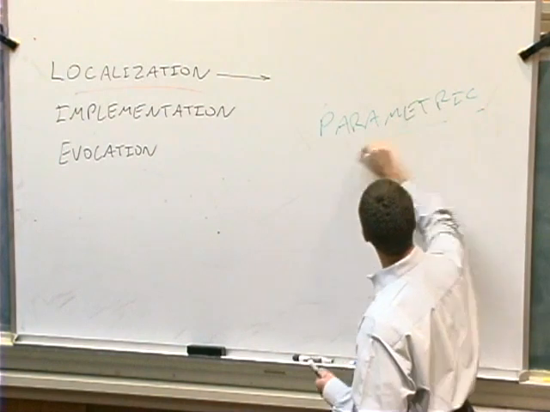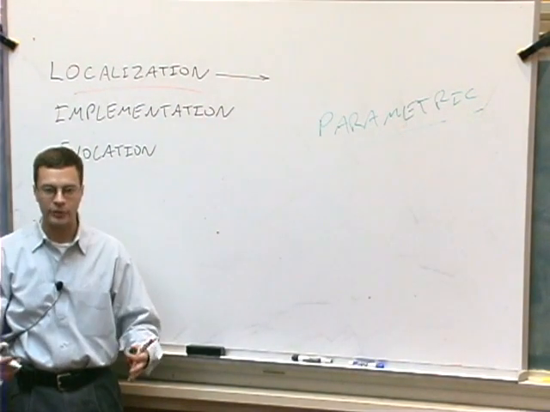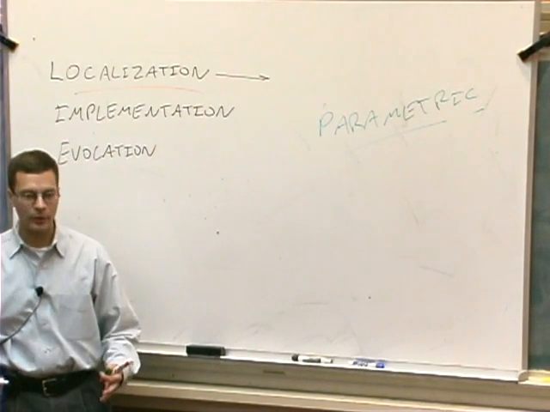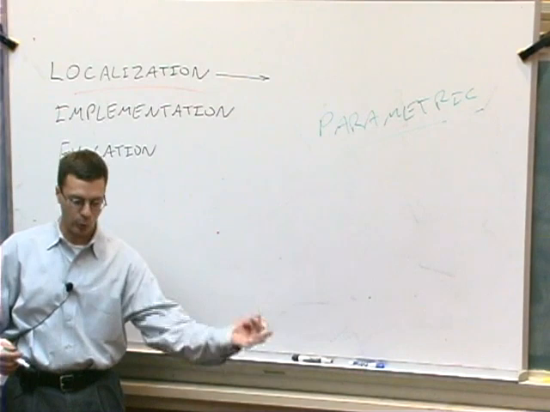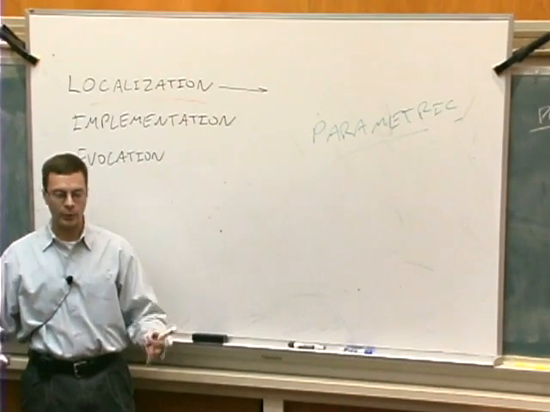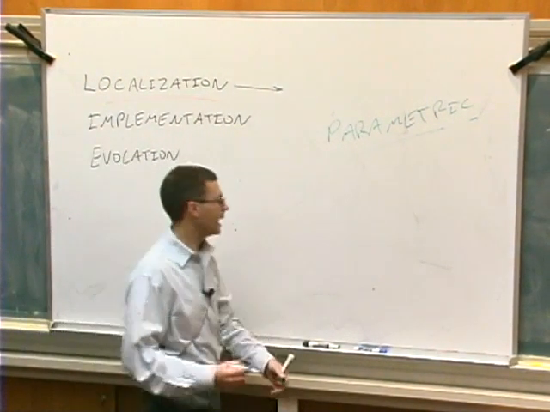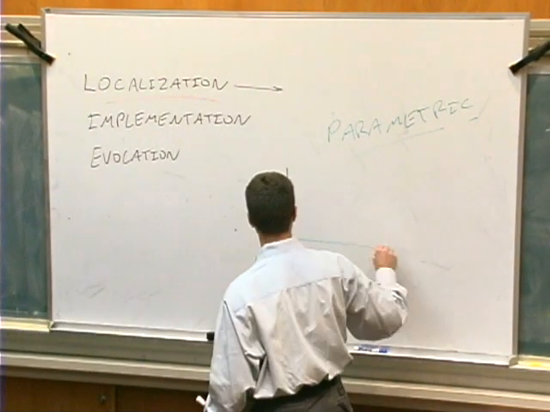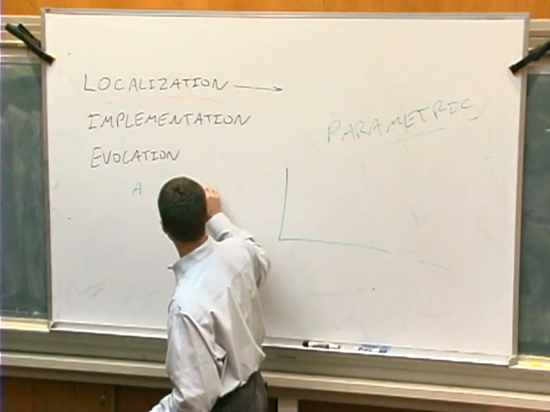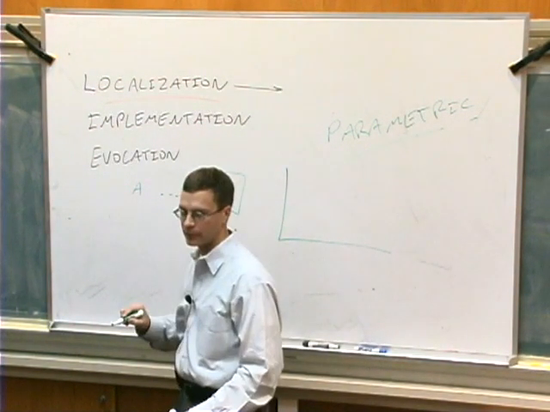aims to, instead of evoking a cognitive process in an all or none fashion, instead modulate the degree or level of the cognitive process, okay? And here the notion is that instead of saying this is the working memory condition and this is the no working memory condition, instead you have this is level 1 of working memory, this is level 2, this is level 3. And you might imagine doing it by saying, here's my experiment where a stimulus comes on the screen, the letter A, there's a delay, and then the box comes up and there's a letter, and you say, all right, was this letter the same as the first letter that was there?